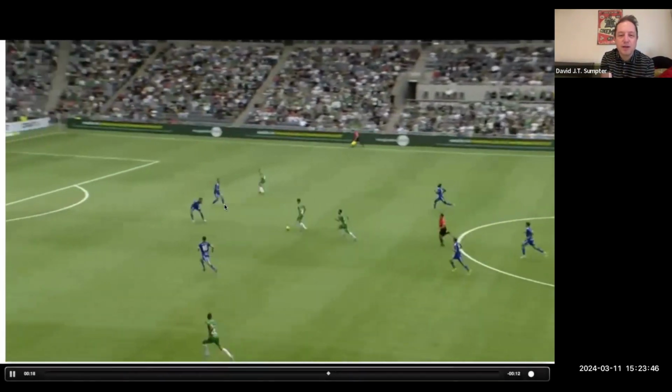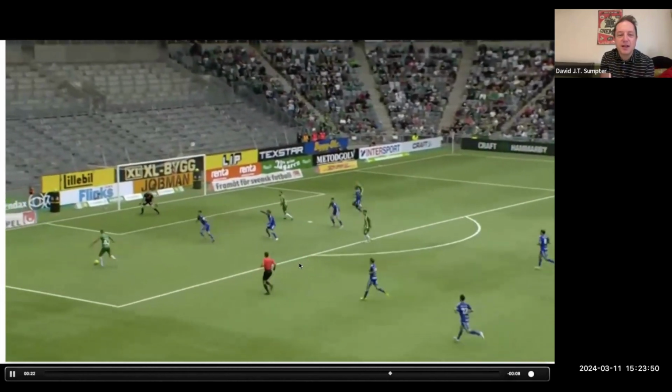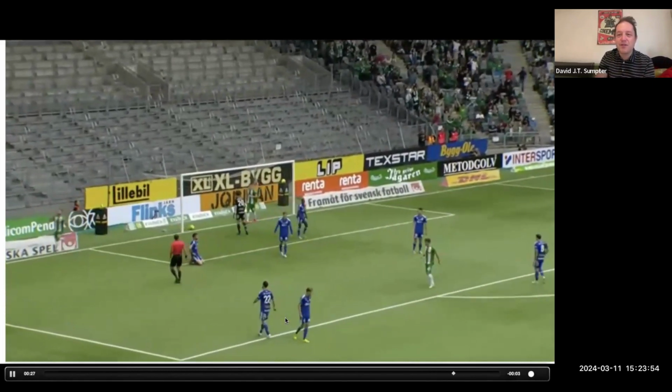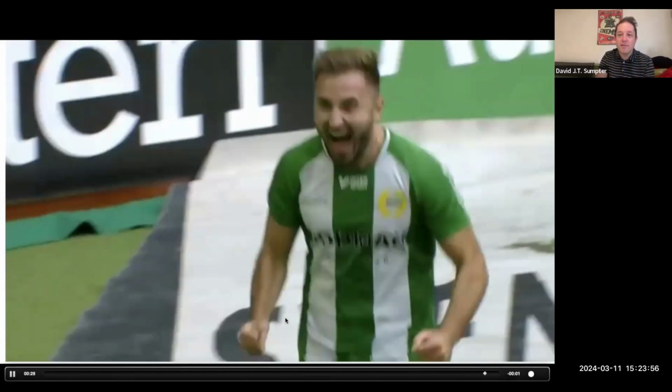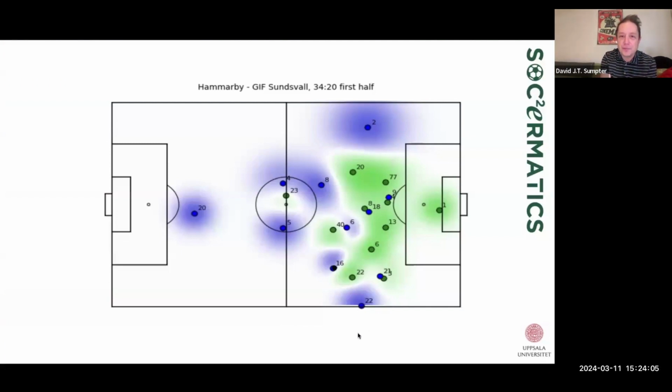You can see both running forwards on the right, left and the right here. And they managed to get it out to the edge, into the middle, and it's a goal. So it's a lovely example of first good defensive organization, followed by the opportunity to run through the defense and score a goal.